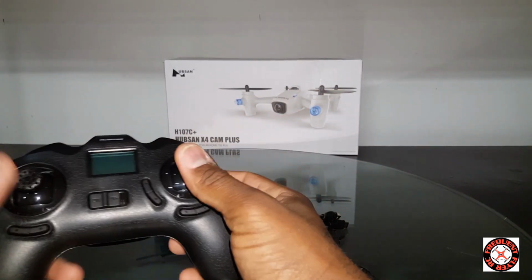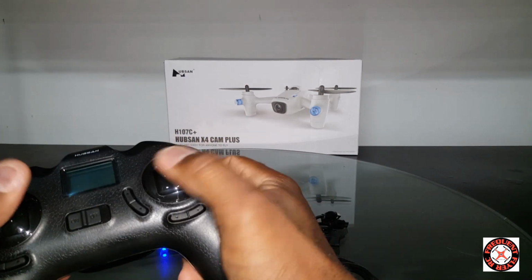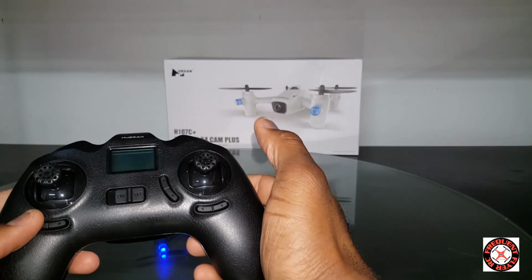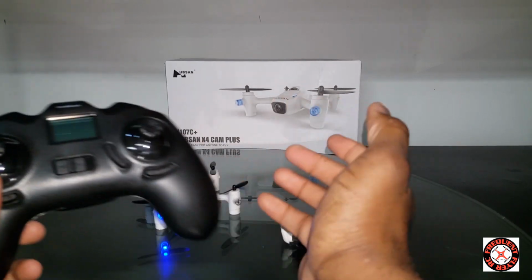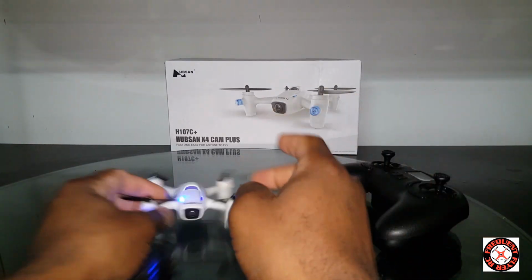And the transmitter is pretty awesome. It has these little pins on the thumbsticks, and the thumbsticks rise up, so I think pinchers can probably use this as well. And I don't know what happened. The battery isn't... oh, I must have left it on, so the battery's dead. Great. I was going to show you guys the